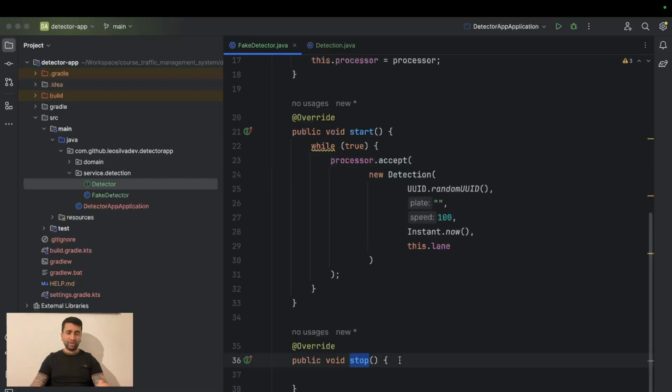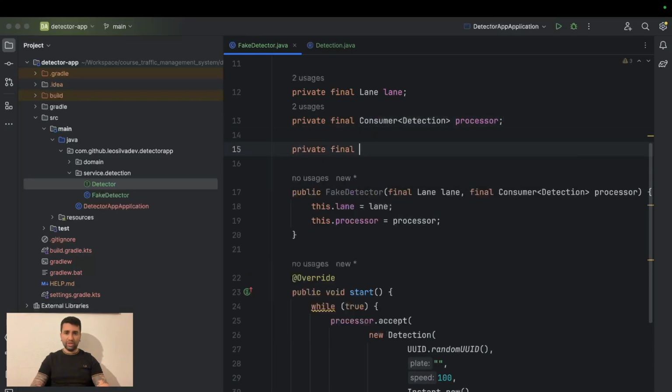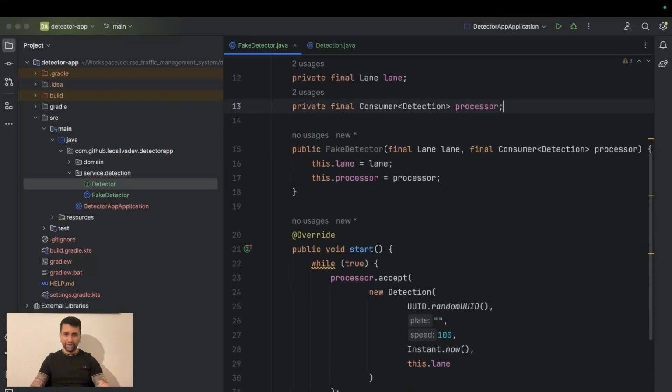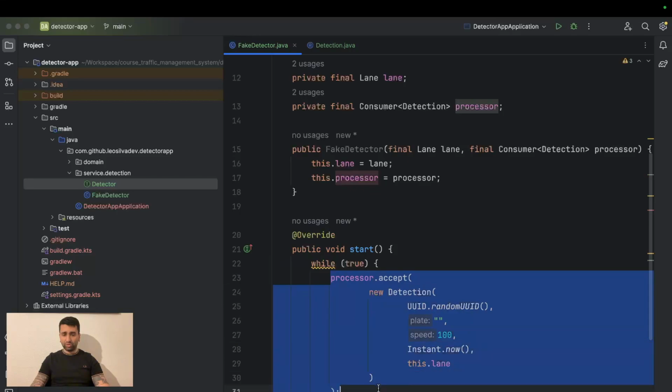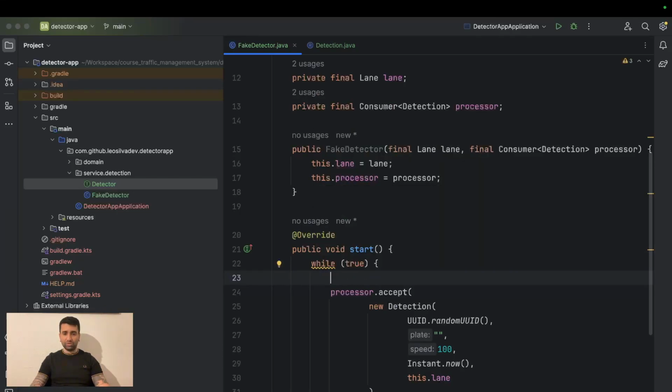Also, we need to give control to an external caller who is using this object to stop the detector from running. So a simple solution I will create here for us is... okay, before that, let me go back. Before fixing this error of while true, I want to do another thing. I want to run this whole process in a different thread. But I don't want to run this by creating a thread and starting it. I would like to use